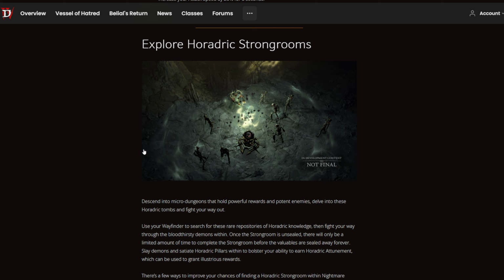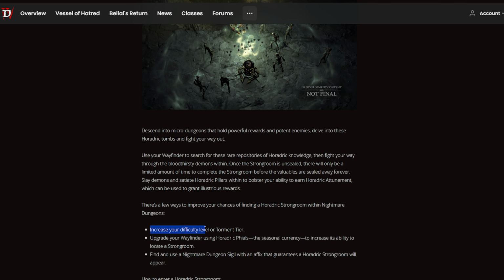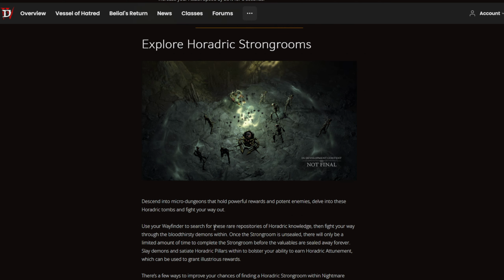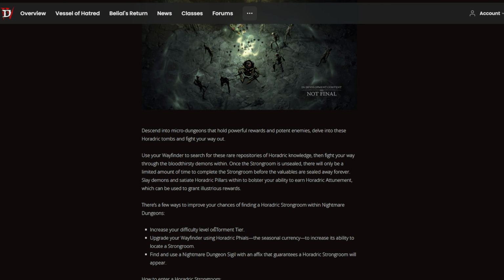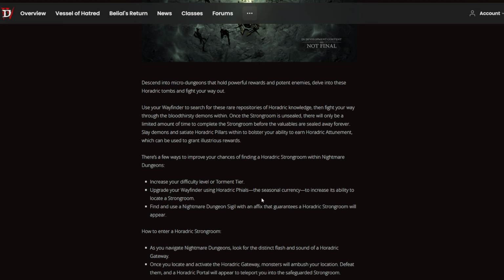There is something called Horadric Strongrooms, and Horadric Strongrooms are micro dungeons within a nightmare dungeon. Right now they're saying, I think they only can be there at Torment 1, but maybe I'm mixing it up. It just says increase your difficulty level or Torment here, so maybe they can appear from the start in nightmare dungeons. Yeah, it's within nightmare dungeons. And then there's a chance in the nightmare dungeon that there will be a portal appearing, or some room where you need to kill some monsters, and then there's a portal, and it gets you to the strong room,